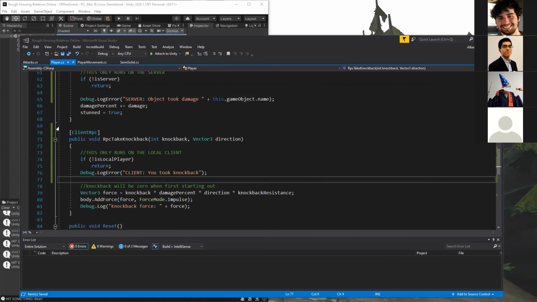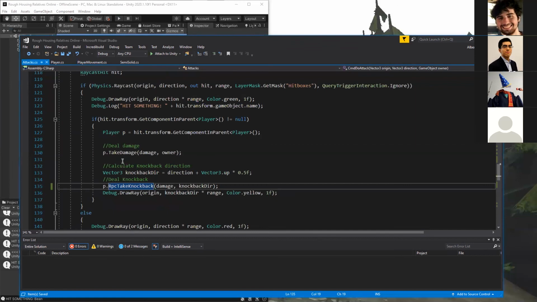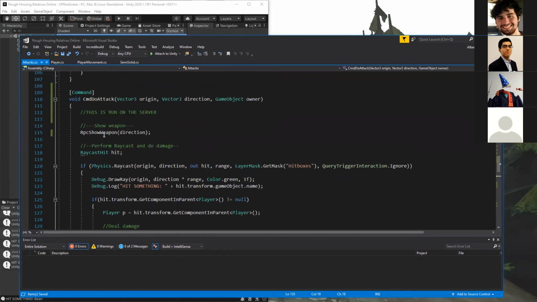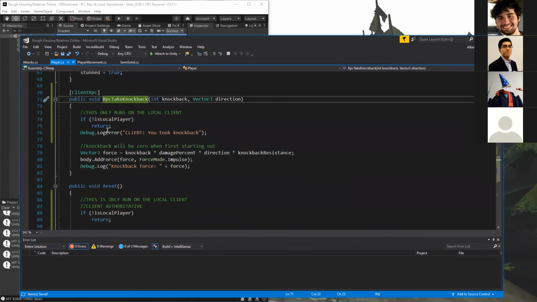Client can actually, did you make it RPC take knockback? And then, interesting. Did you add if it's not the local player return?